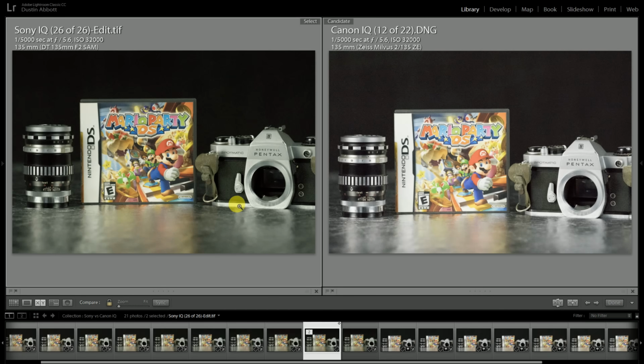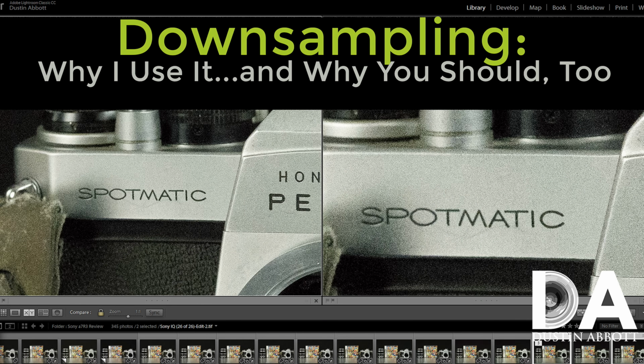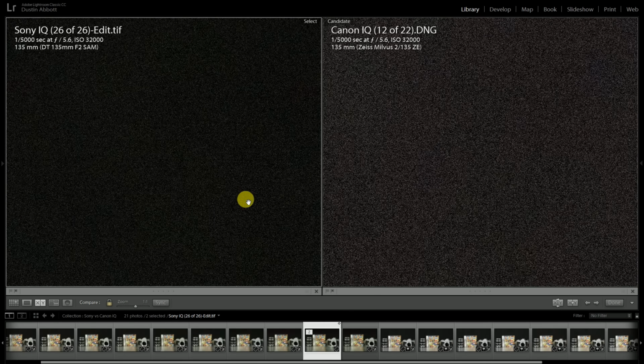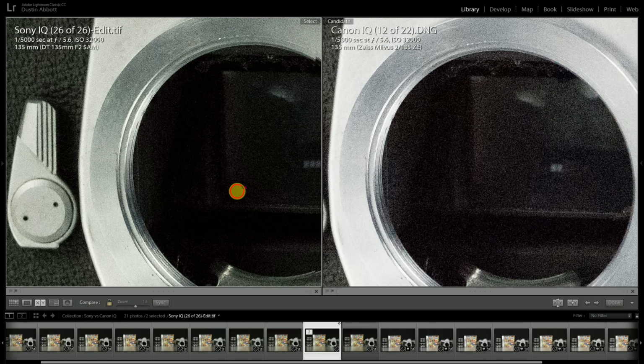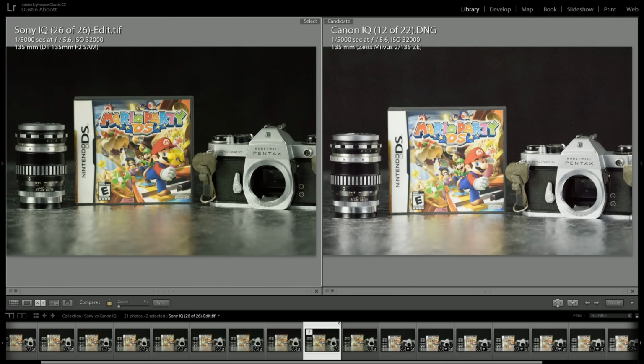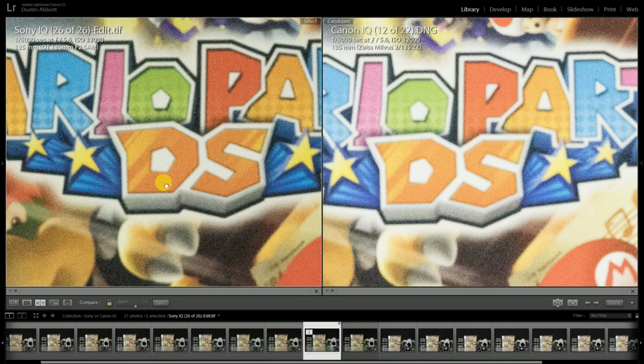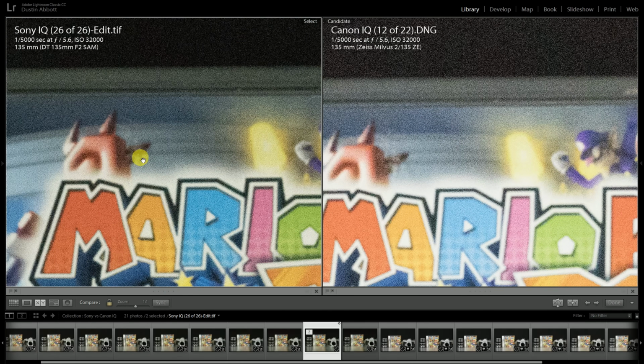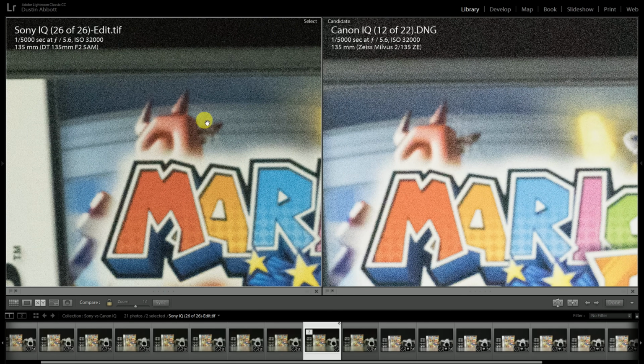Now, the Sony also has one more advantage here due to being higher resolution, and that is if I downsample the Sony image to the resolution of the Canon, and if you don't understand how this works, take a look at this video here. But we'll find looking here that the roughness of the Sony grain is reduced somewhat compared to that of the Canon. And if we look inside here, for example, it looks smoother. It doesn't look fantastic on either of them, but it looks better definitely on the Sony than it does